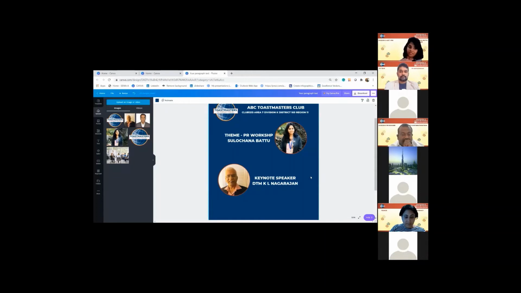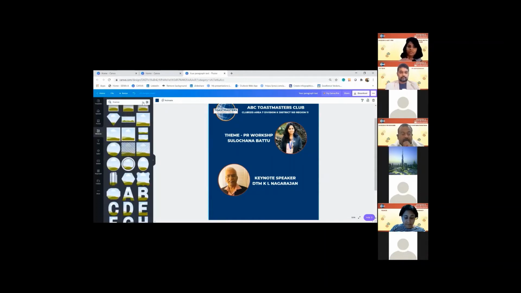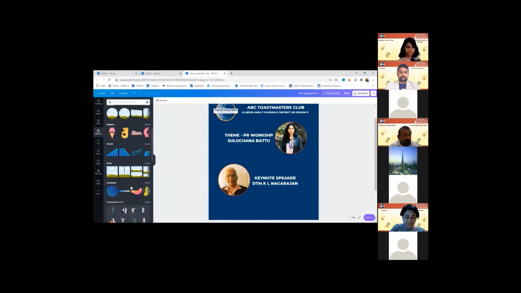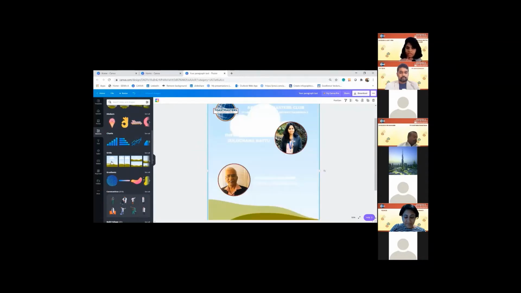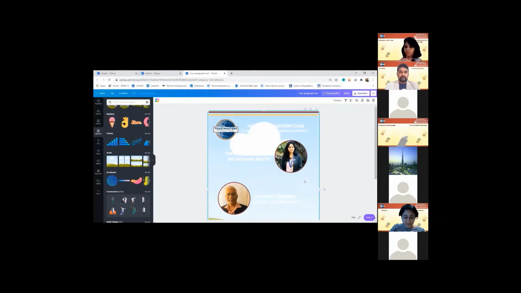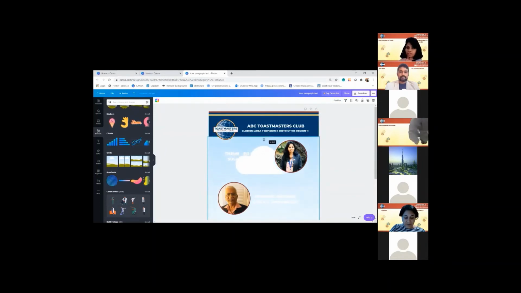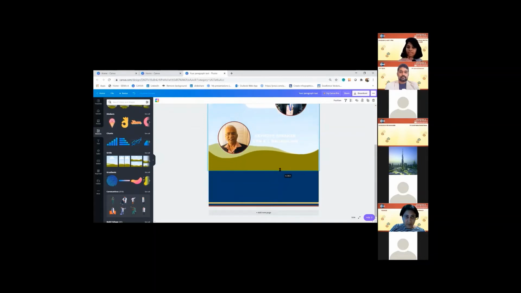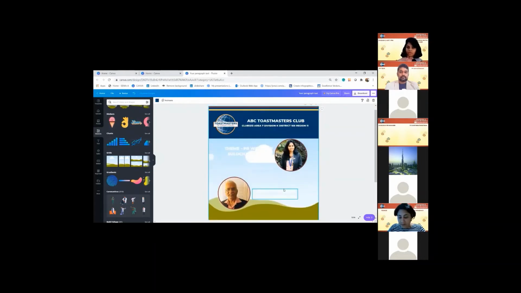So we have another nice feature, which is going into elements. Try to make maximum use of elements because it's a very nice feature and you can make your posters look really nice even in the free version. So I'm going to use one of the features, not this one. I'm going to use the grids feature. When I click on grids, it covers my entire poster, but I don't want the entire poster. I just want it right here. So I'm going to bring it down a little more. And I don't want it at the bottom because I'm going to put the contact details, the Zoom details, all this. Okay, so I've done this.